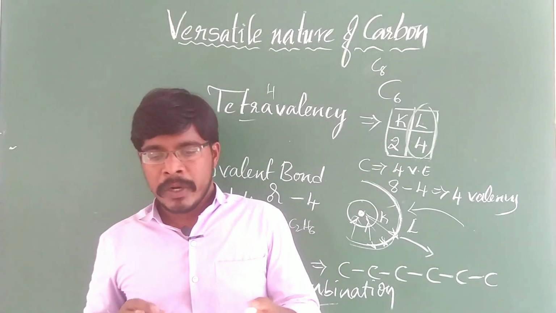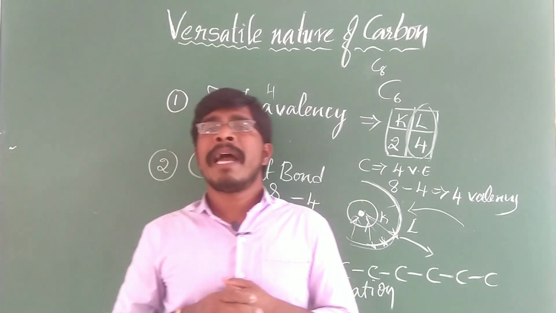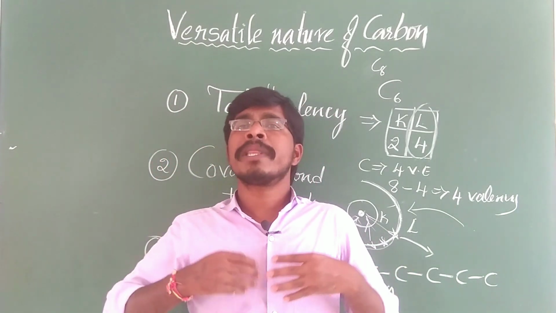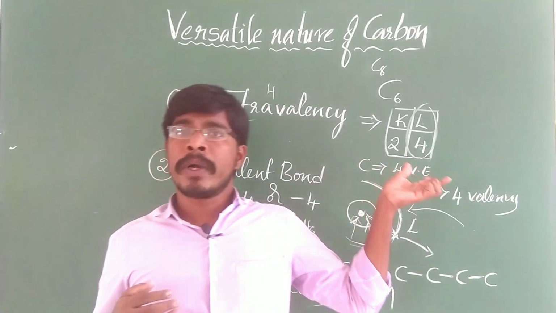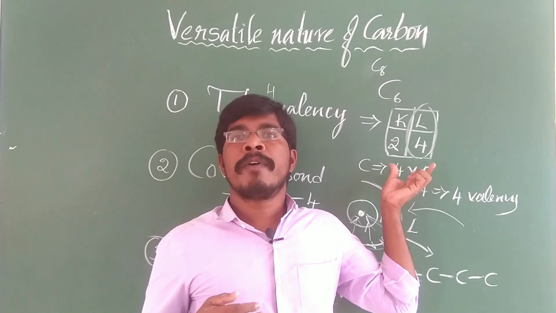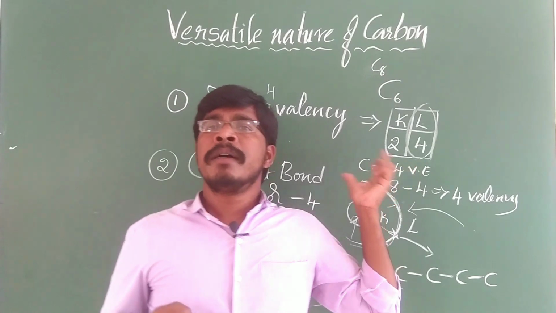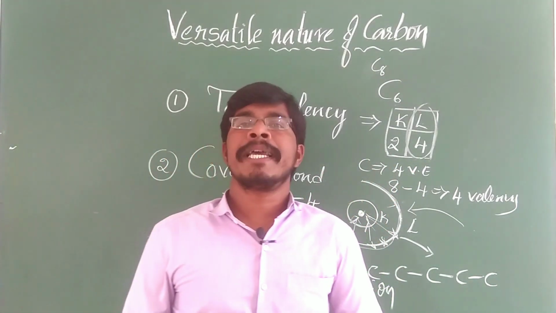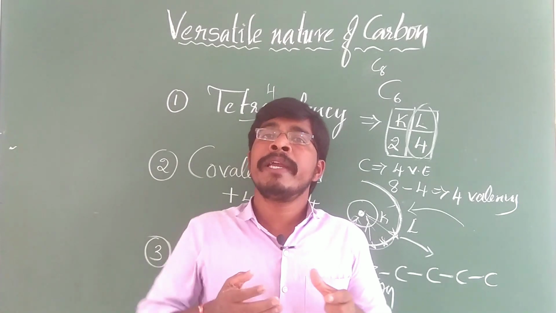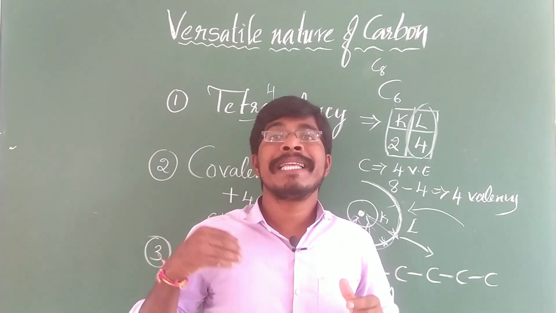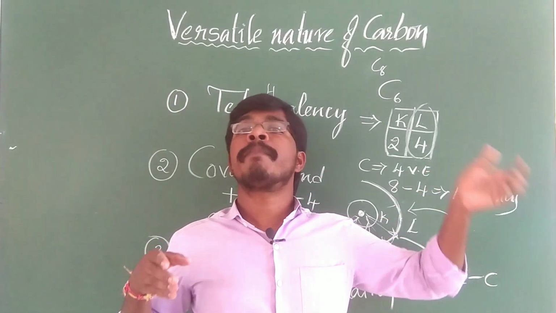Even when you come to starch or cellulose, which are present in plant cells, they have more than 100 carbon atoms joined together. So this is one of the important characters, one of the versatile natures of carbon. Based on this, another important property is that carbon builds strong covalent bonds between carbon and carbon, or carbon and any other element. So it acts like a backbone to many different carbon compounds.